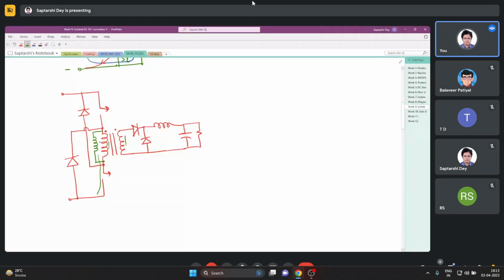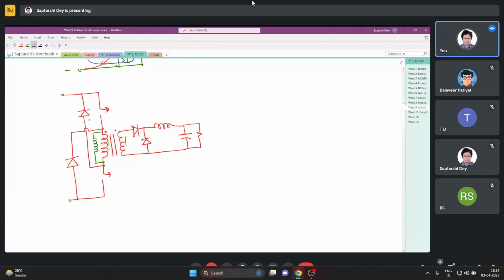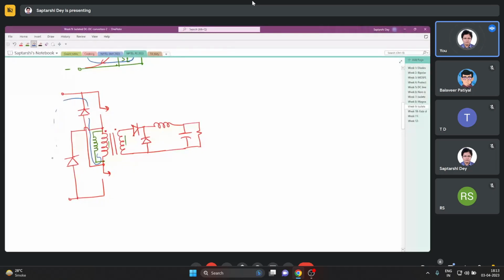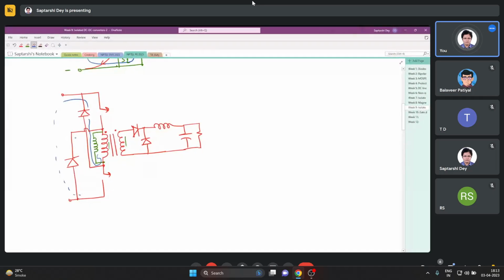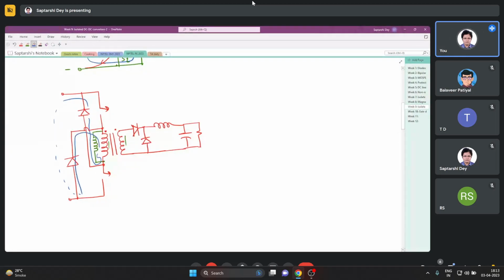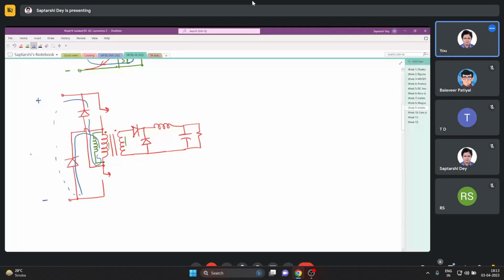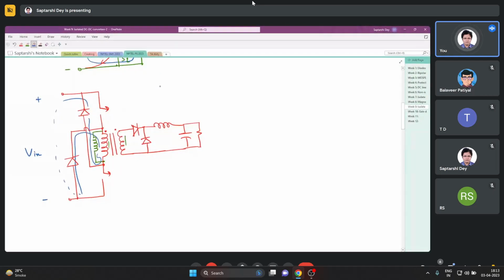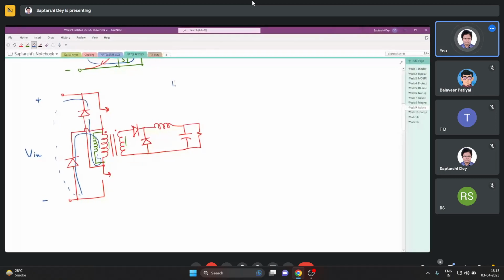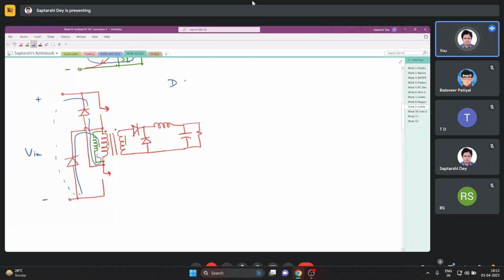So how will it go back? When you turn off the switches, it will go back through these diodes. It will go back through the source. This path it will take. So in this way, the magnetizing winding charges and discharges due to the voltage V in only. And the simple duty ratio restriction that you have here is D less than